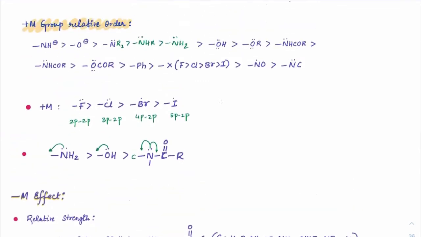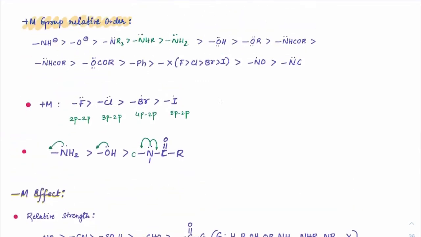Okay, everybody. Other groups you can analyze. Here you can see O and H, OH here, OR here. Although OR is donating almost, OH and OR are almost the same donating ability. Got it? But because of some issues in the OR group, you will see that OH will be better.